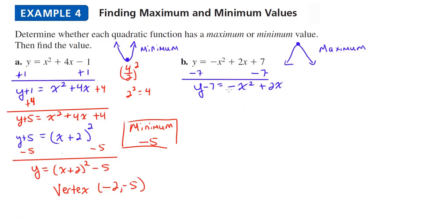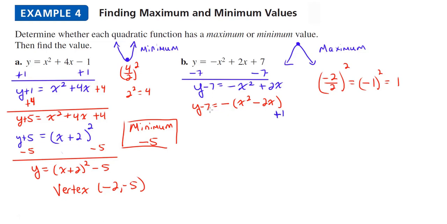Now our next issue is we don't want this negative. So we're going to factor this negative out. So we're going to write it like this. Y minus 7 equals negative x squared, and then 2x divided by negative 1. This is going to be negative 2x. And now we can go ahead and add our c value. So we take our negative 2, which is our b value, divided by 2 squared. Negative 2 divided by 2 is negative 1, and negative 1 squared is positive 1. So we're going to add 1